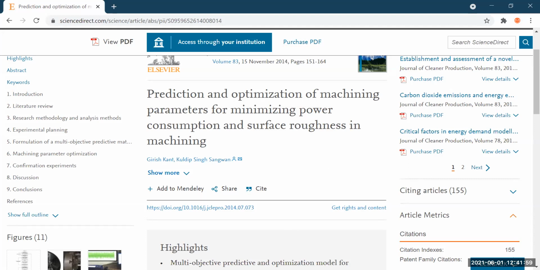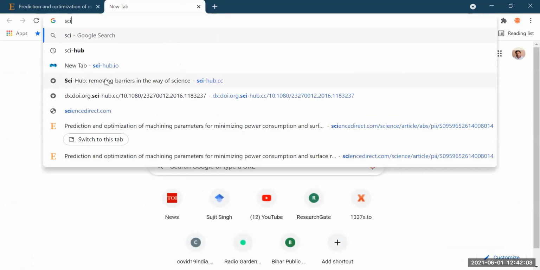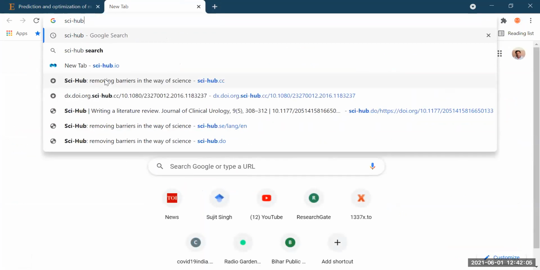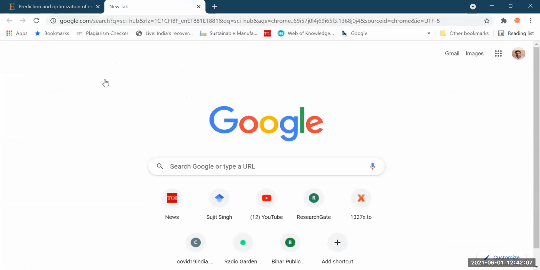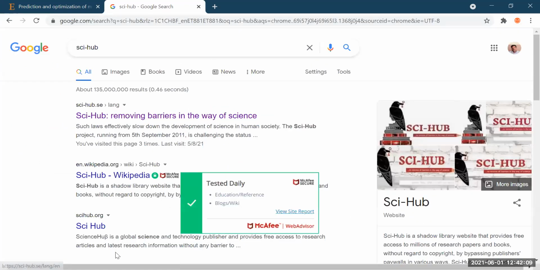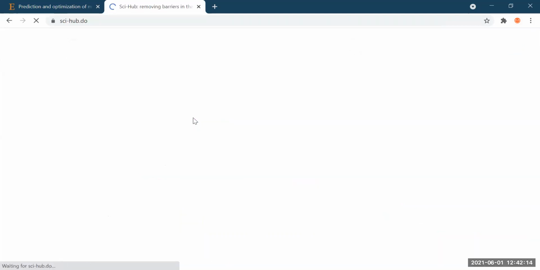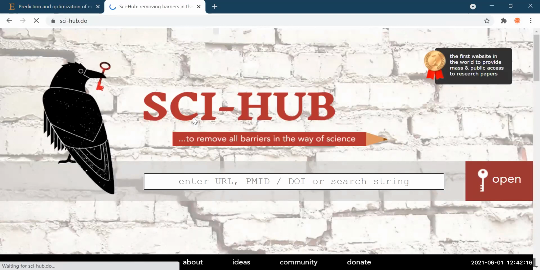So what you do is search for SCI Hub in your browser, right? And that will give you the link to some SCI sites. Click this one. Here you are supposed to put the URL or the DOI or anything of that paper.